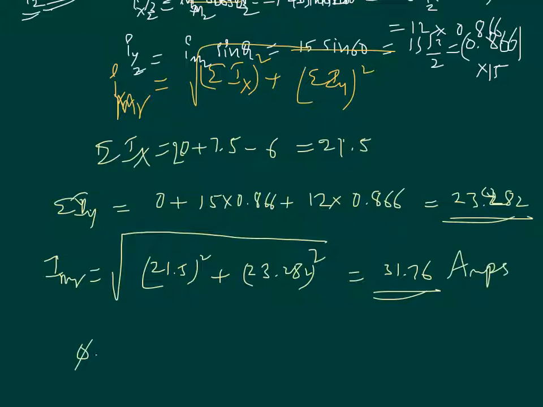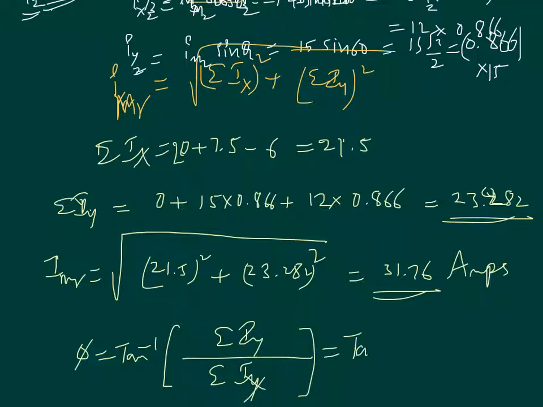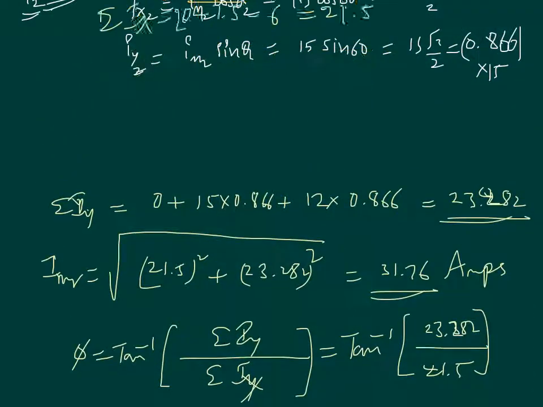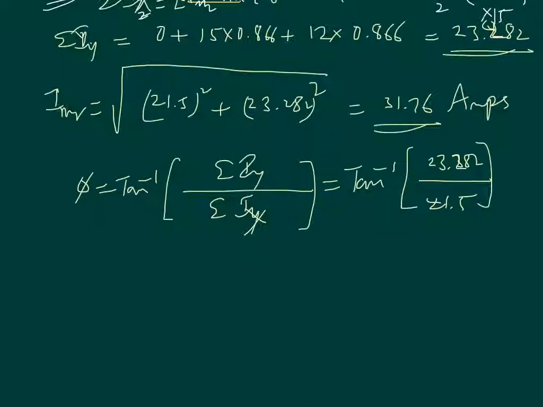Now phi equal to tan inverse of sum of y components by sum of x components, that equal to tan inverse of 23.282 by 21.5, that equal to how much? Phi equal to